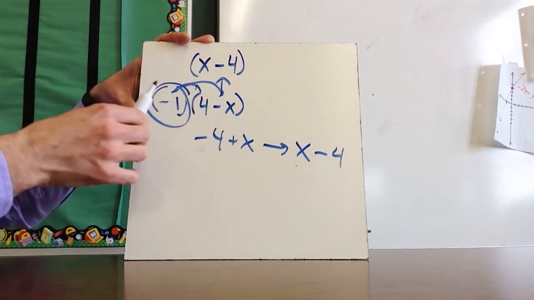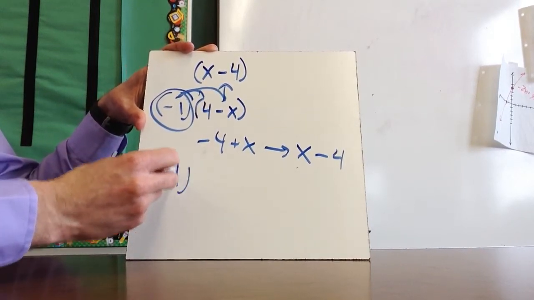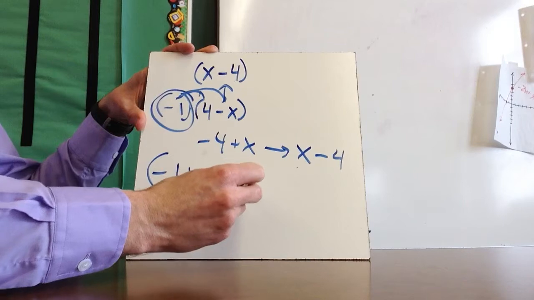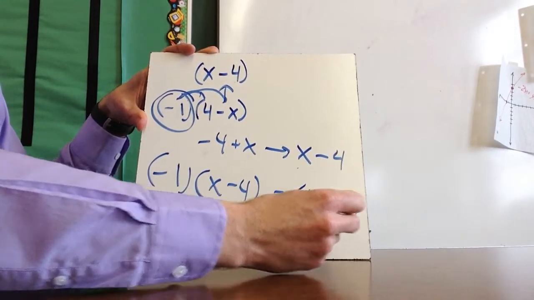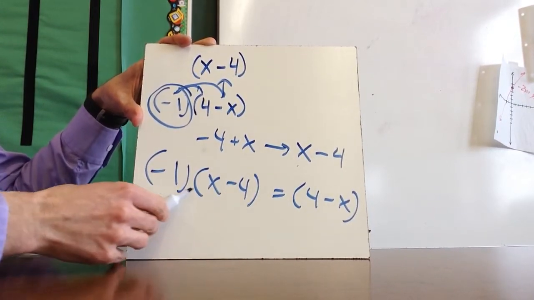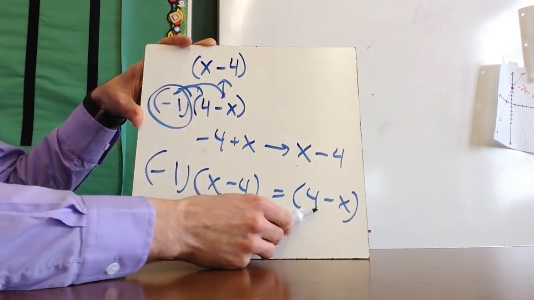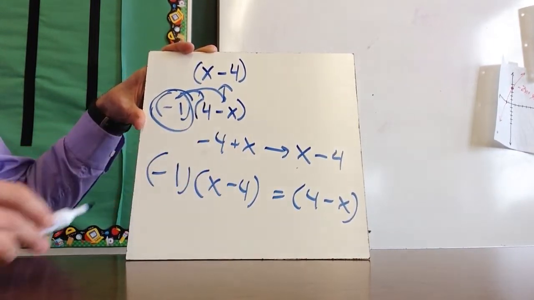Now they won't be identical because I still would have to have the negative 1 on the outside. So this would be negative 1 times x minus 4 equals 4 minus x. Right, so it's not x minus 4 equals 4 minus x. It's negative 1 times x minus 4 equals 4 minus x. So I'm going to use this trick of multiplying a negative 1 whenever it is that I want to flip